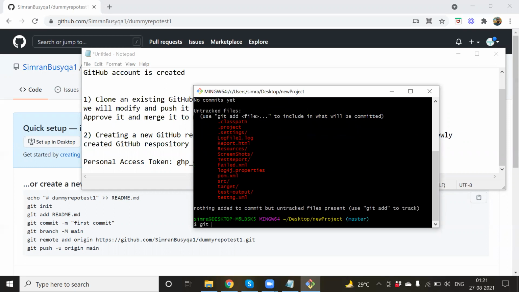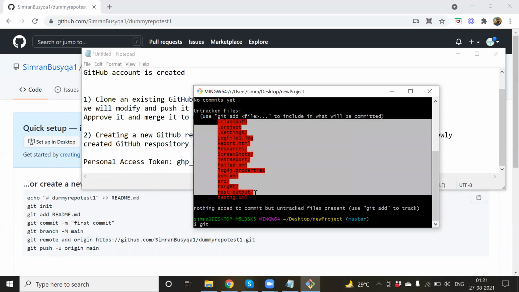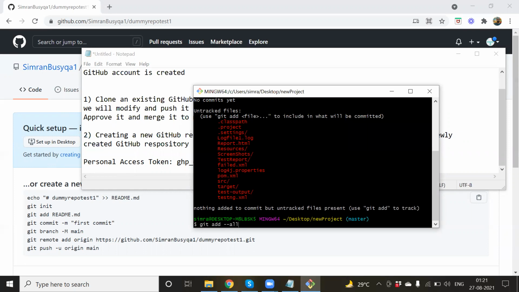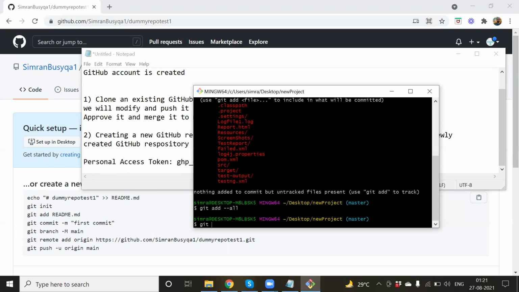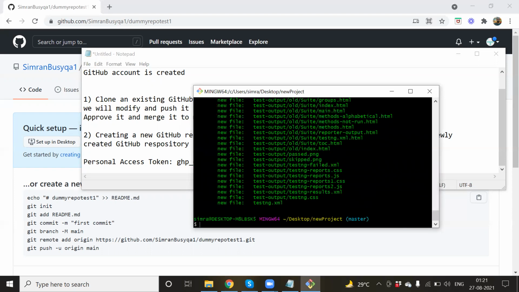So everything is new here. If you see something in red, that means these are untracked files. Right now, there is nothing to compare. This is completely blank. If this blank is compared to these things, all the things are new, right? Now I will try to do git add all. To the remote, I'll be able to add these files. Now these are all new files. Nothing is deleted or modified. Now I want to do the commit. First time committing the test framework.